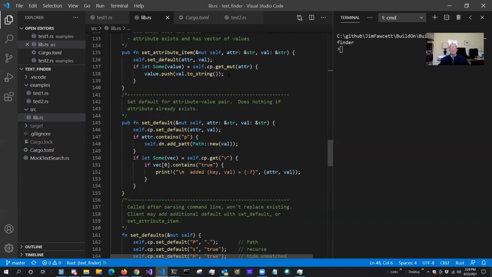And so he's already set recurse to false, so this will do nothing. Now I can get this attribute's value, and the value is,